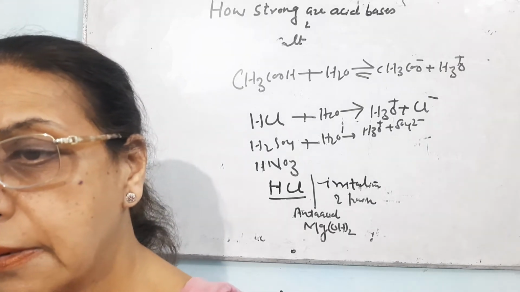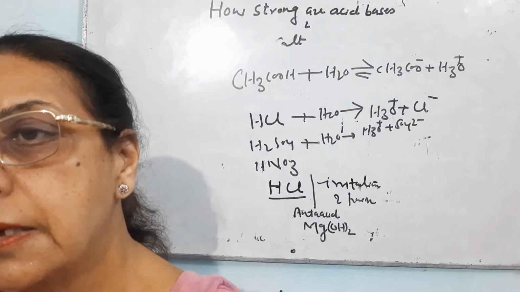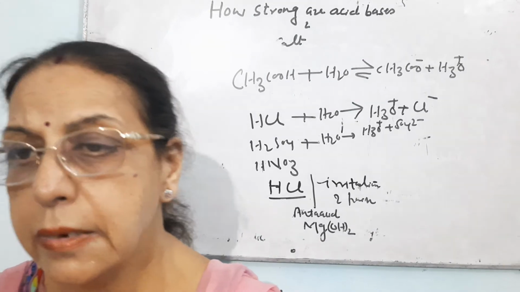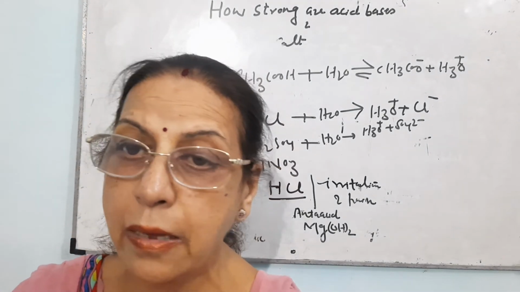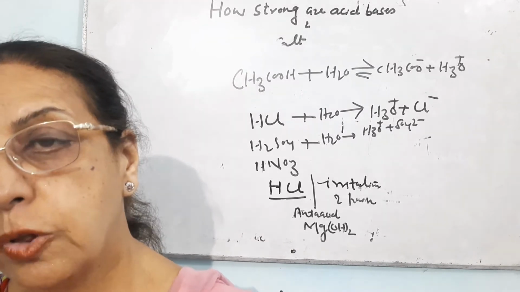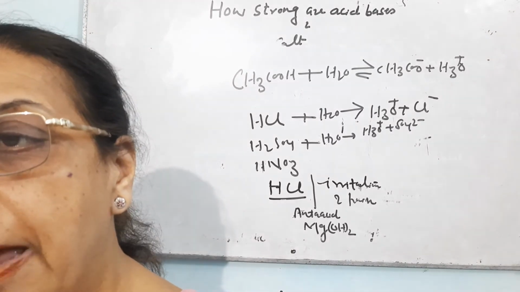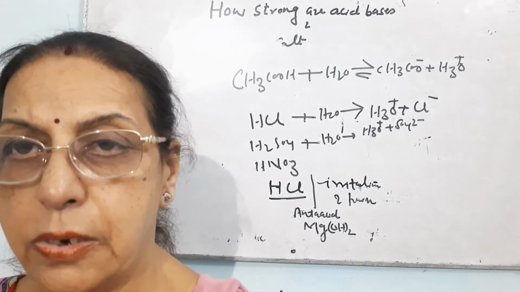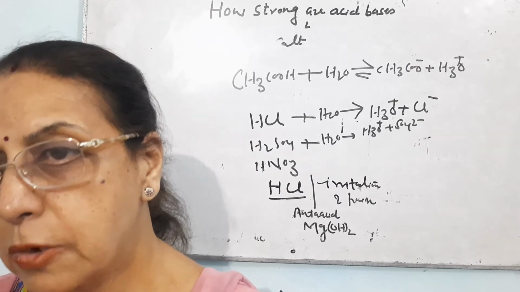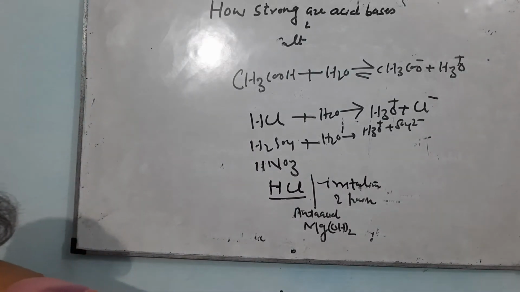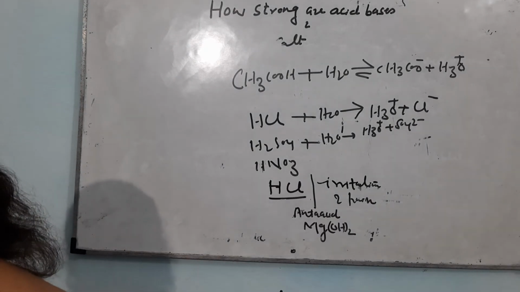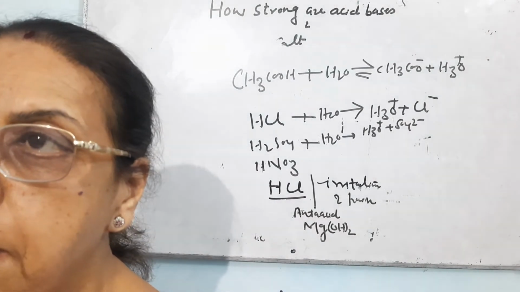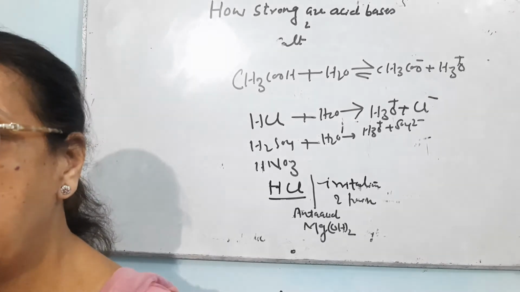These bacteria produce acid which dissolves tooth enamel, and that is responsible for causing tooth decay. So toothpaste should always be used so that bacteria cannot produce acid. Toothpaste is always basic in nature. That is why toothpaste should be used. Similarly, self-defending substances also release some substances which are responsible for causing irritation and pain.